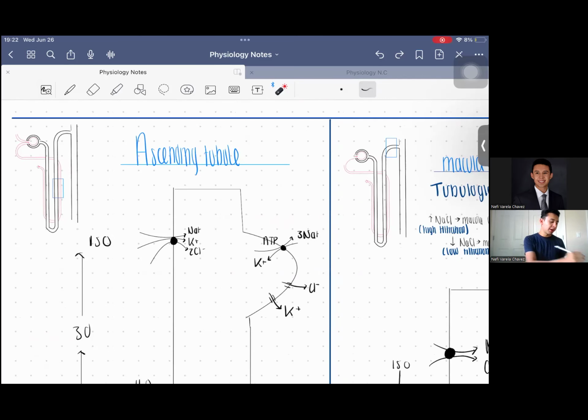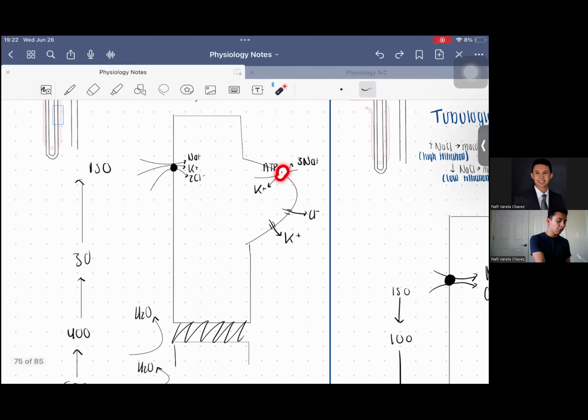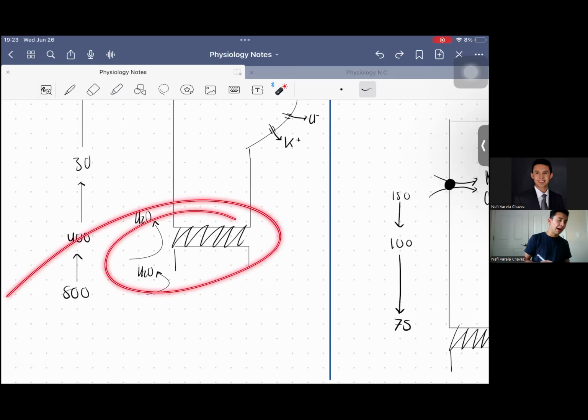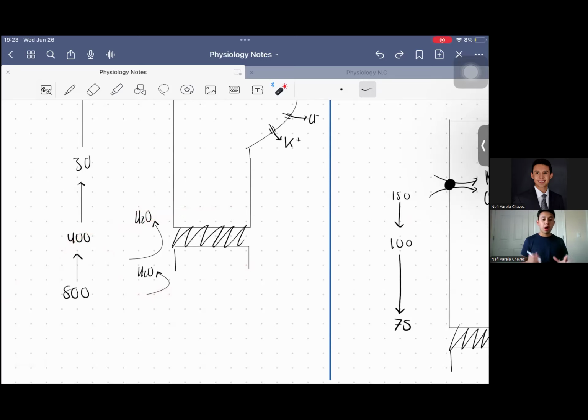In the ascending tubule, we're going to see these protein channels for sodium, potassium, and two chlorines. Okay, so we're going to take these from the lumen, we're going to take it to the tubule, and then we're going to have again a sodium potassium pump that is going to help us to take potassium to the inside of the tubule and sodium to the vasculature again, and we'll have also protein channels for chlorine and potassium. Something important to mention is that we don't have this space for water to cross, so you'll see movement of particles